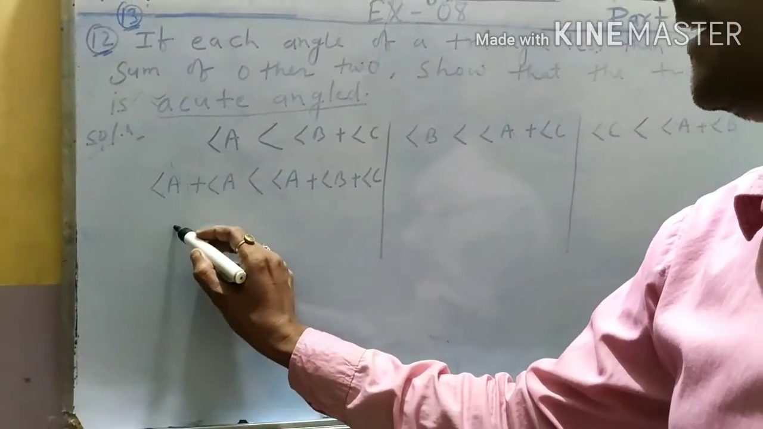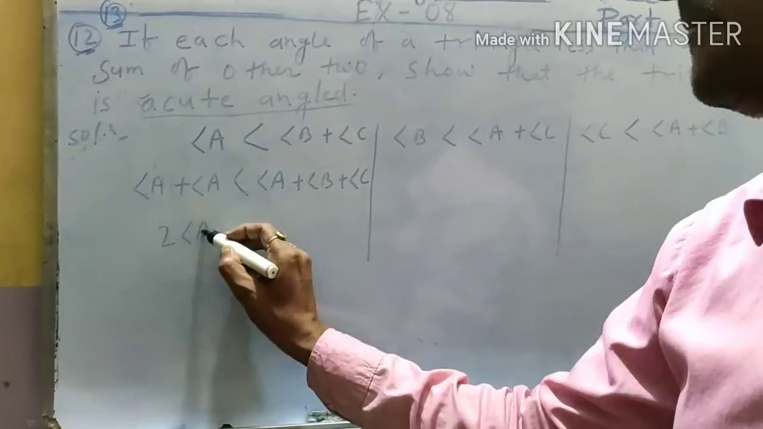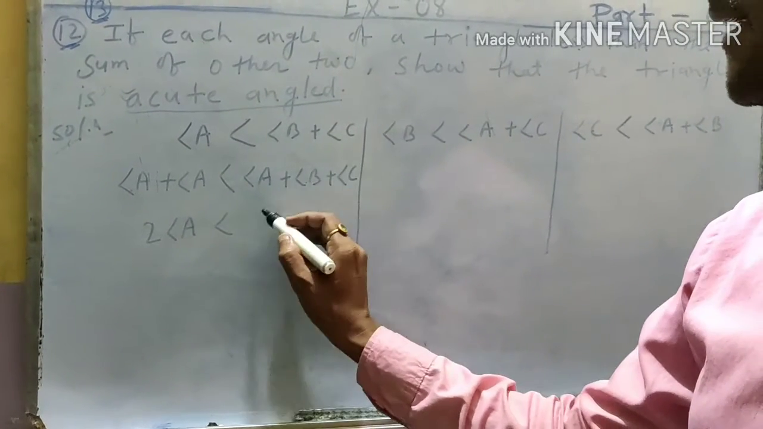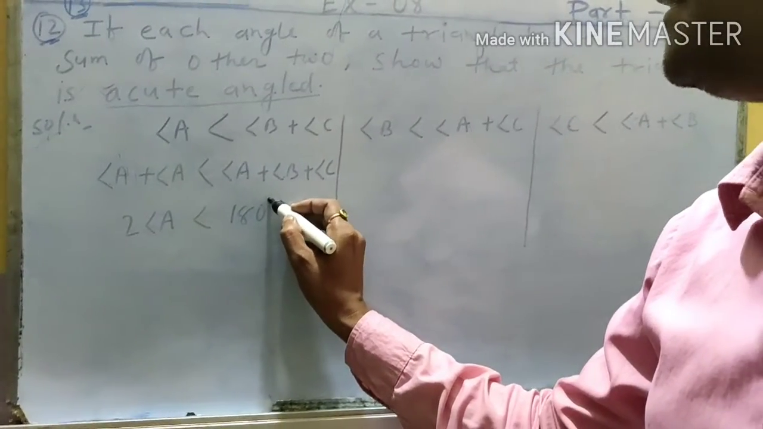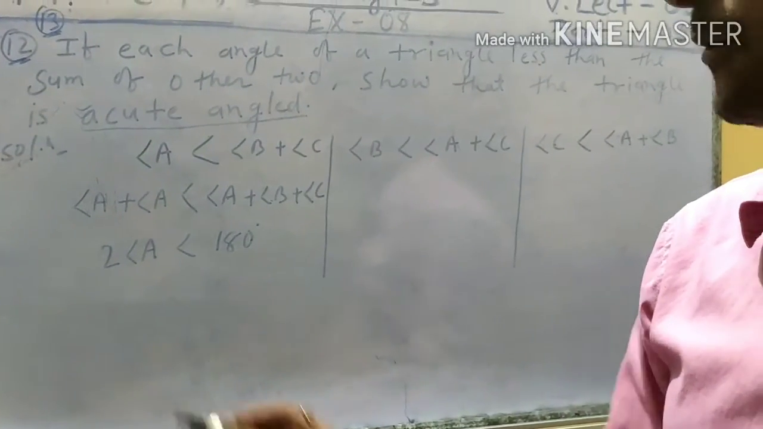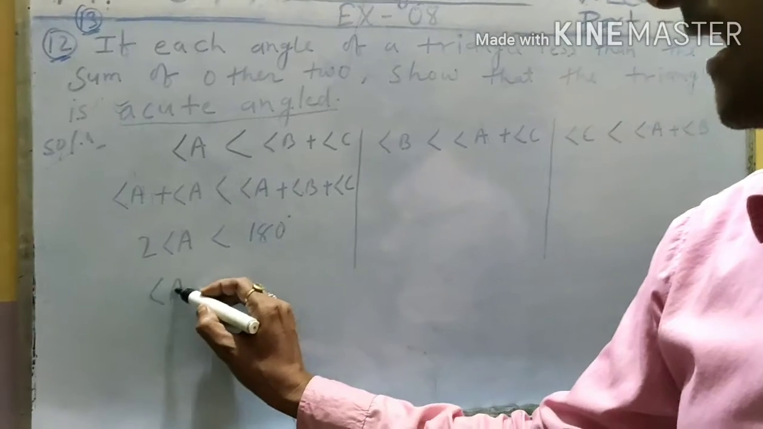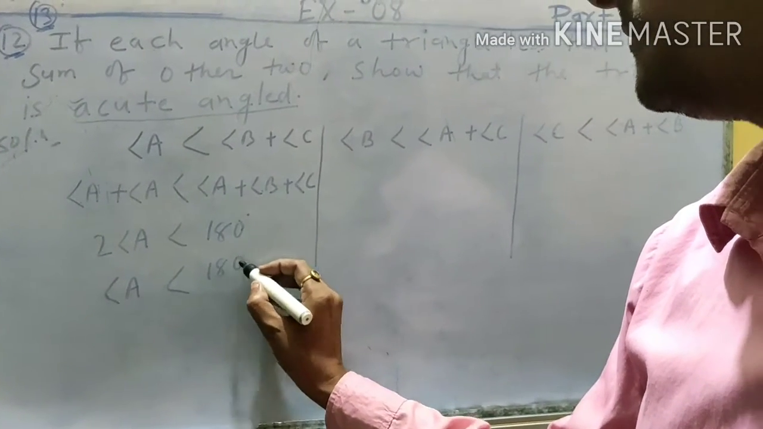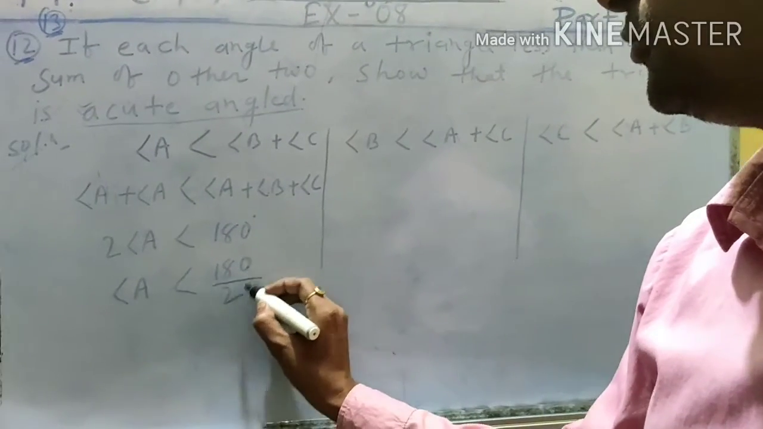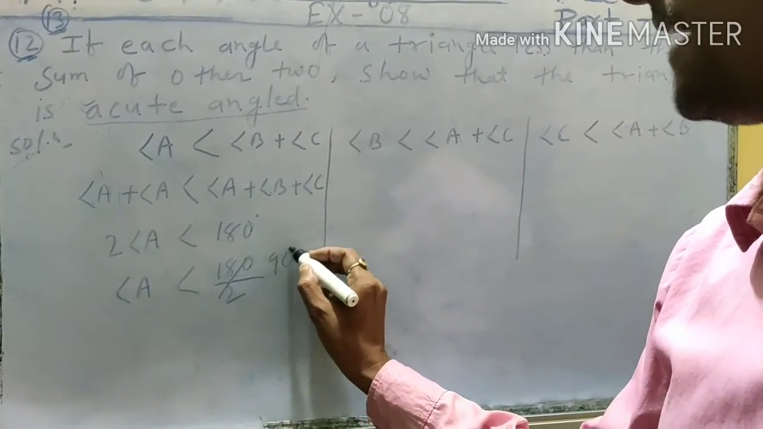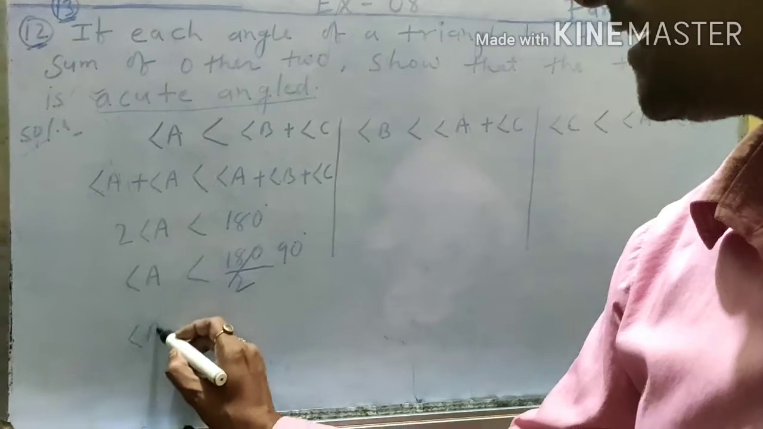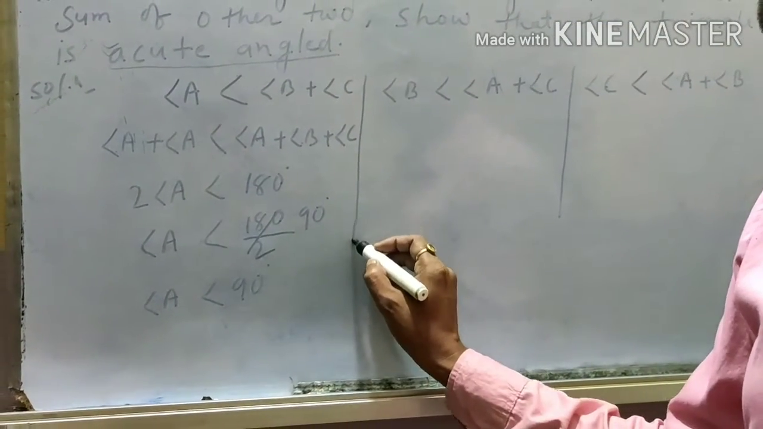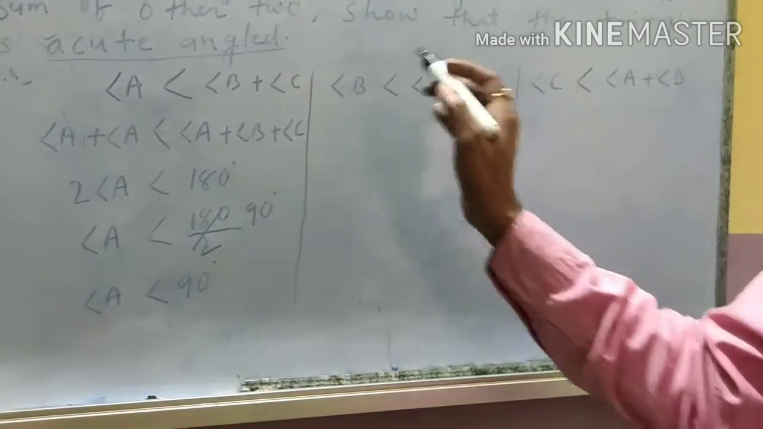Angle A plus angle A is equal to 2 times angle A, which is less than angle A plus angle B plus angle C. We know that it is 180 degrees by ASP, the angle sum property. So 2 times angle A is less than 180 degrees, so angle A is less than 180 divided by 2, that means 90 degrees. So here we can write angle A is less than 90 degrees. This is the first case. Okay. The second case is